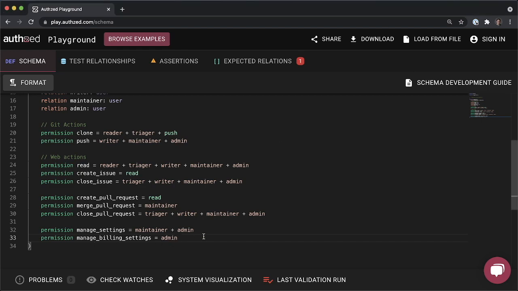You probably don't want everyone with maintainer to be able to read the credit card out of the repository. So you quickly arrive at a decision of what level of granularity you want to have for each individual setting, or do you want to just have one option for settings? Do you want to break it into different sections of your settings? And this is entirely down to the application you have, the complexity you think you'll have in the future, and at least if you go on the more sensitive route, the more granular route,